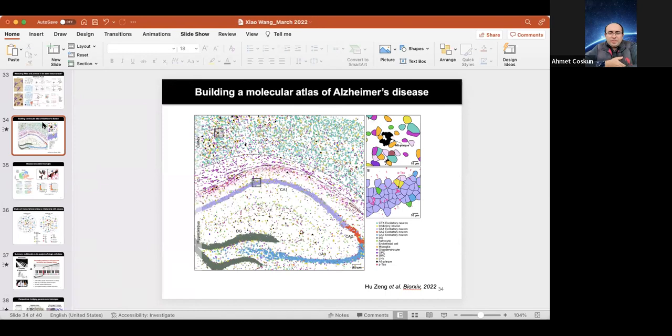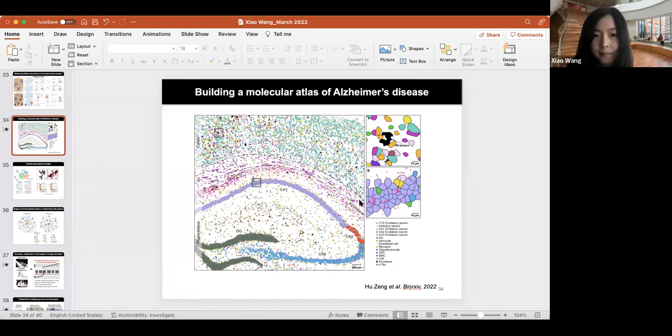Wonderful. I think we now have chat questions. We have two more questions in the chat. Firstly, it's about the transcript count. Are the transcript counts detected for each cell using